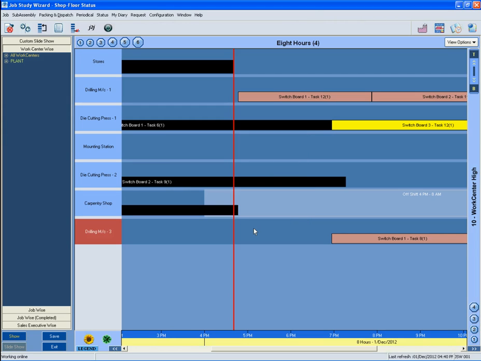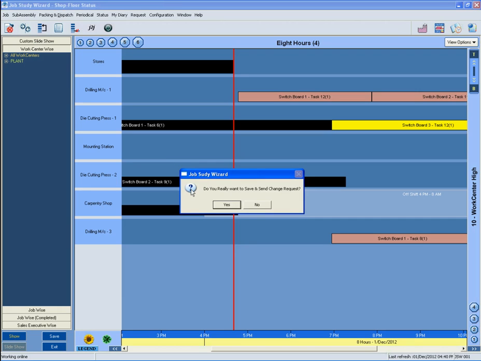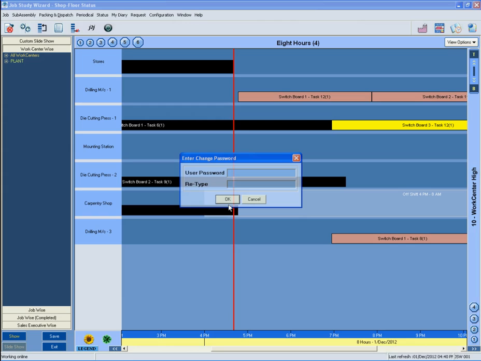You are still in the change mode as indicated by a red cross in circle on the Start-Stop Change button. So, whatever changes you make are just locally saved and not communicated to the scheduling engine. If you wish to convey your changes to the scheduling engine, then press on the Start-Stop Change button again. A pop-up appears to confirm you really wish to make the changes. On pressing yes, you are once again prompted to enter the change password before all recorded changes are sent over to the scheduling engine to be made effective from the next reschedule onwards.